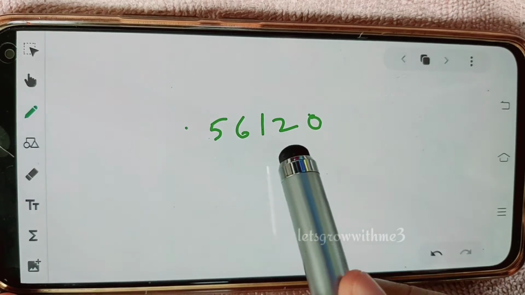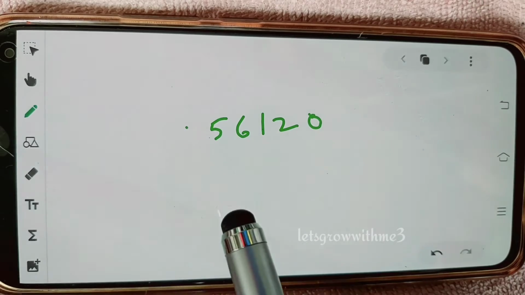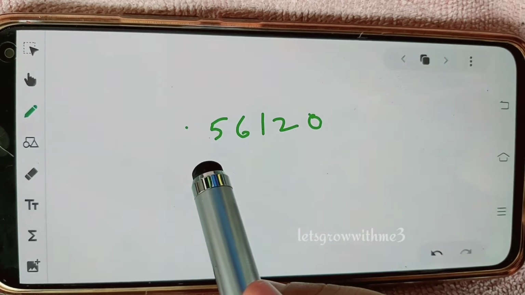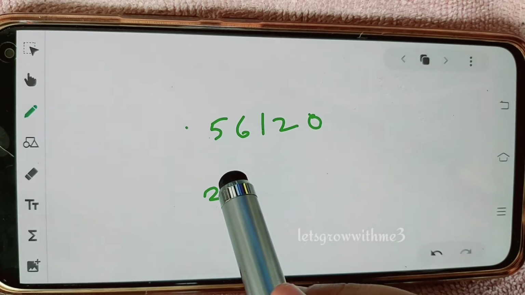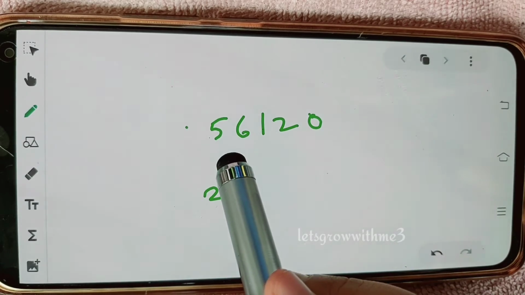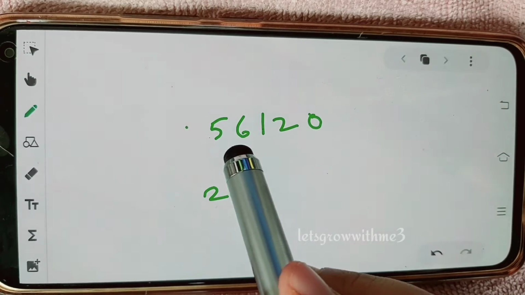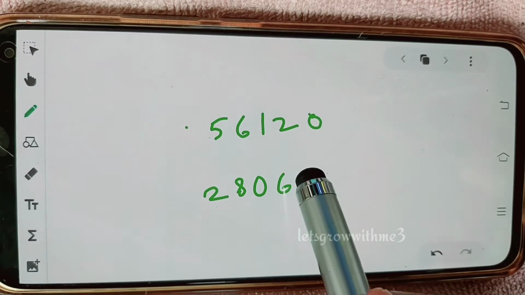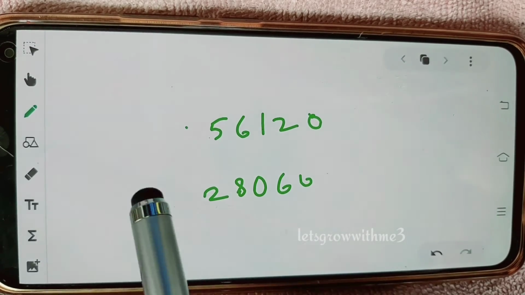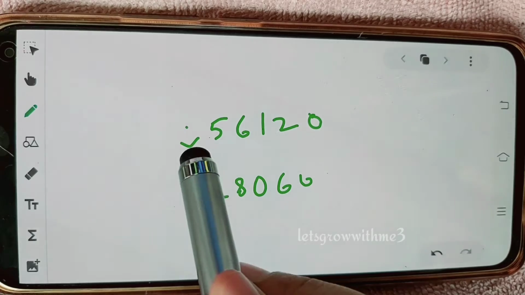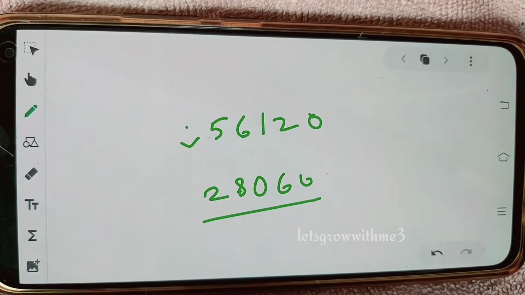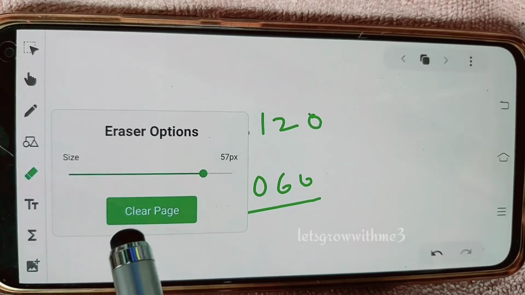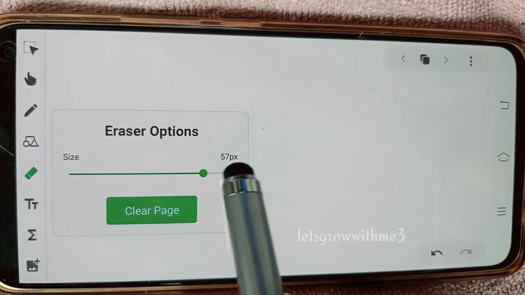What we need to do now, I'm doing direct steps. We just need to append 0 and then find the half of this value. 2 2s are 4 and then 8 2s are 16, and we need to consider 12. So that's why we set 0 here, and then 6, because 2 6s are 12, and then one more 0. So the answer is 28060. See, we can directly write our answer. This is the number we got once you multiply with 5.